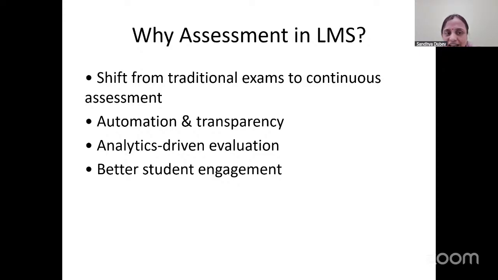In the traditional assessment format, exams were conducted only once at the end of the semester or at the end of the year. In this case, the assessment was mainly focused on evaluating the learner after the learning process is completed. Once you get the result, you come to know where the loopholes are or what has been missed out. It was difficult to map it out.